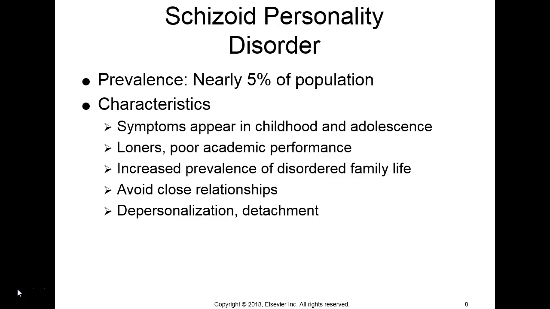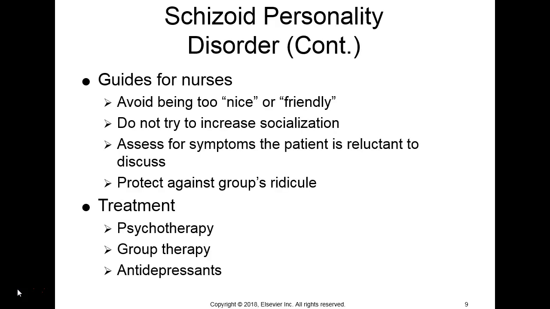And it is interesting too because they sometimes just don't seem to care if they have a relationship or not. They're very indifferent to praise or to criticism. So they just don't interact the same way that most other people do. It's also interesting that both with paranoid and schizoid personality disorder, they can both be kind of precursors to schizophrenia, but also that more men than women are affected with this type of diagnosis.